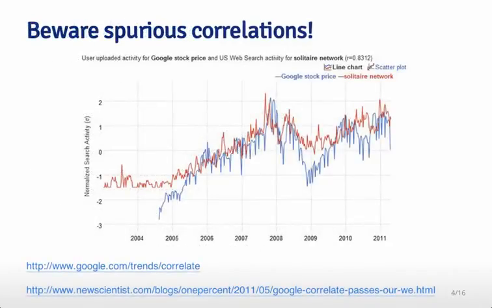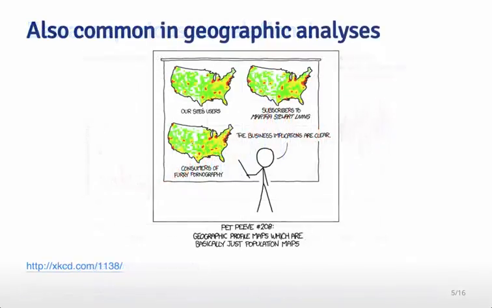So one thing to be aware of is that you have to be careful of spurious correlations. So time series can often be correlated for reasons that do not make them good for predicting one from the other. If you go to Google Correlate, you can correlate the frequency of different words over time. And so for example, here you can see a correlation between the Google stock price shown in blue and Solitaire Network, which is in red. And so those don't necessarily have anything to do with each other at all, but they have a very high correlation. You might think you might be able to predict one from the other, even though in the future they might diverge substantially because they aren't necessarily related to each other at all.